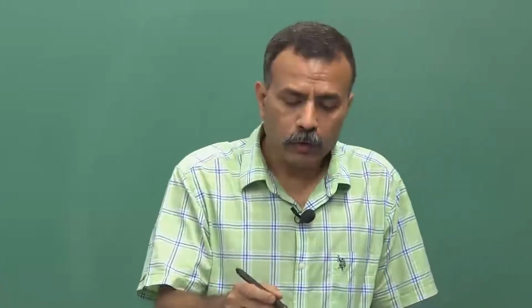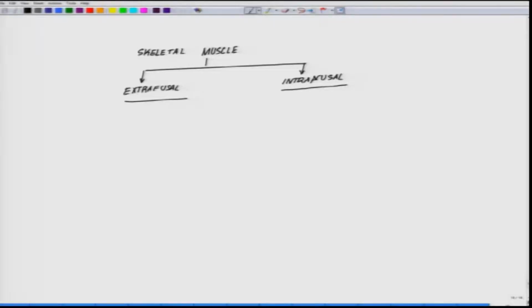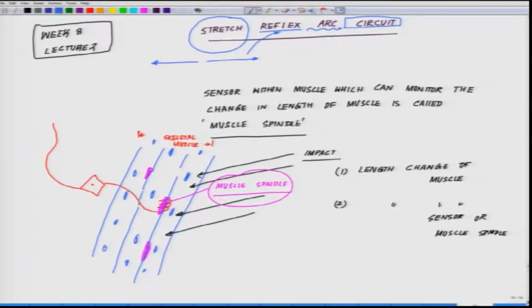But what we know for sure is that this huge chunk in blue forms the extrafusal muscle, or extrafusal myotube, extrafusal myofibers,